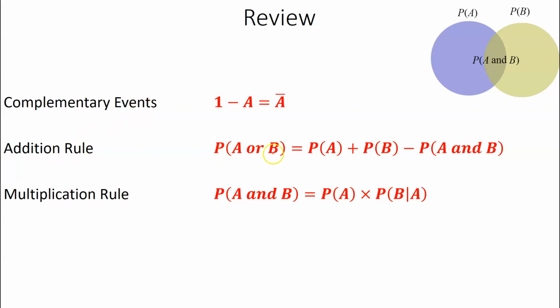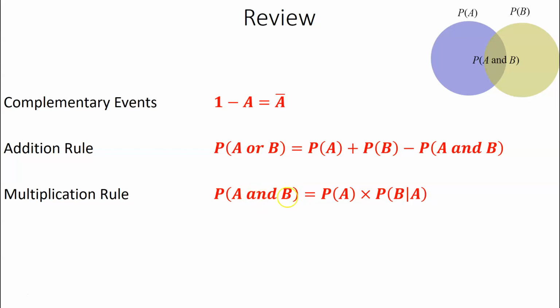The addition rule, which went with the word or, is you're going to add the two probabilities together. If there is any overlap, there doesn't always have to be, but if there is, you need to subtract out the overlapping probability. The multiplication rule, what we've covered so far, is the probability of A and B,